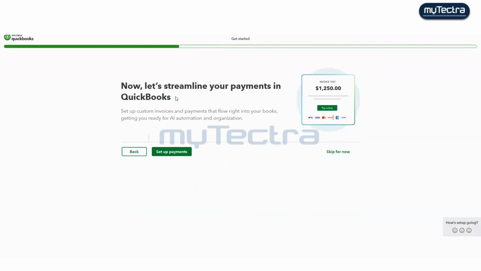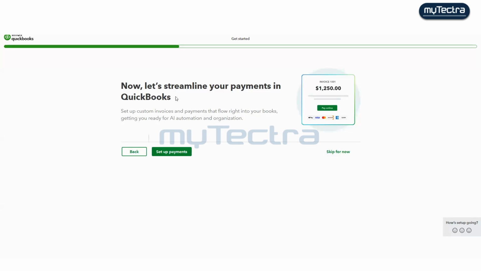Payment gateway means, for example, we raise the invoice, right? I'm doing business, you are also doing business, and I'm using QuickBooks, you are also using QuickBooks. If I did the sales to you, and you have to make the payment to me, there is an inbuilt feature in QuickBooks so that you can directly make the payment through QuickBooks, and I will directly receive that payment.